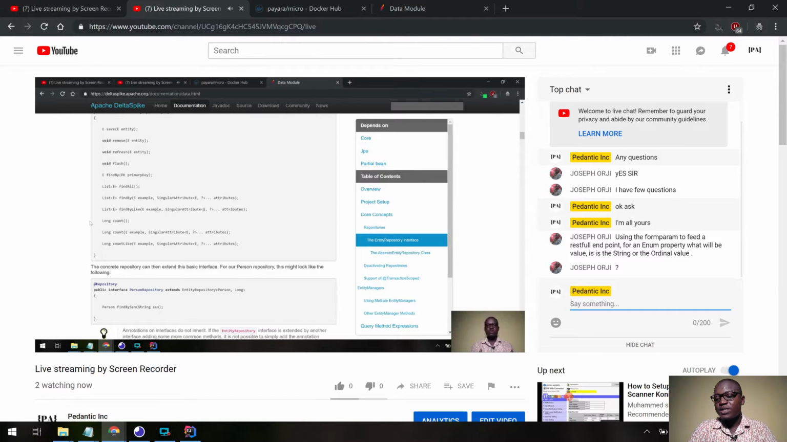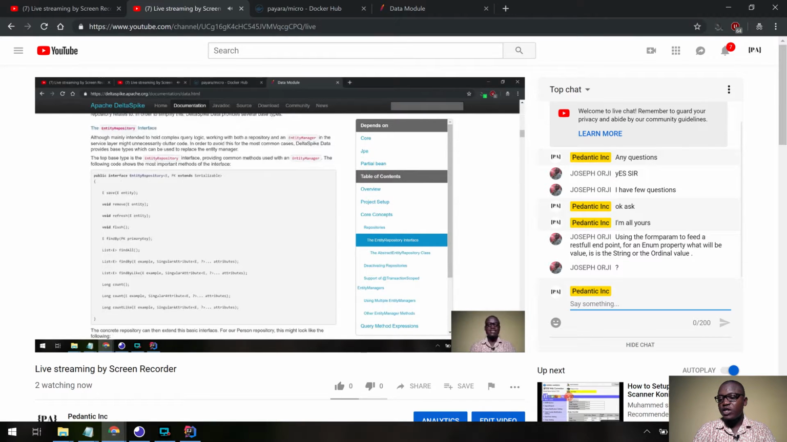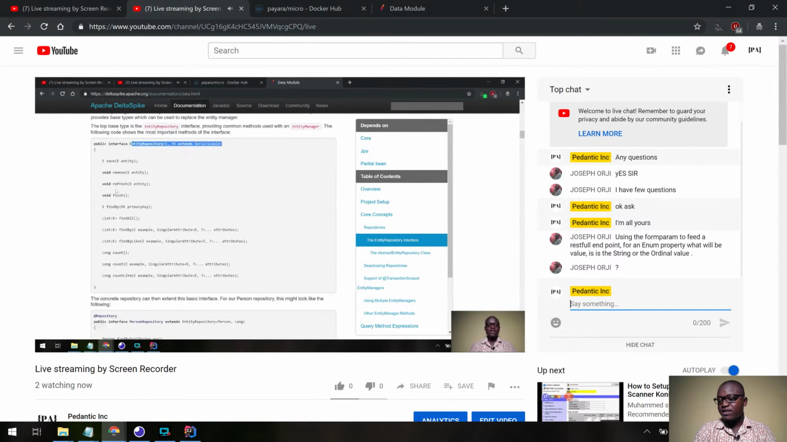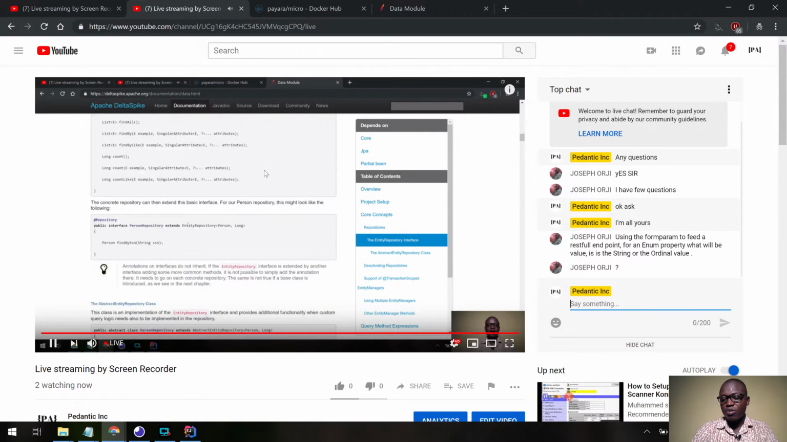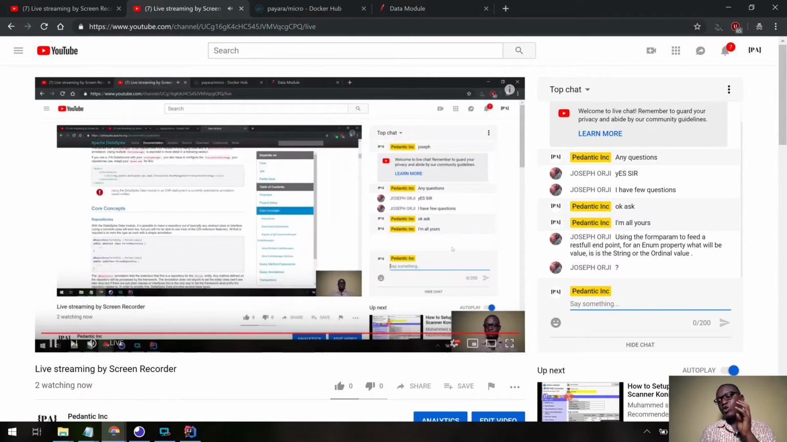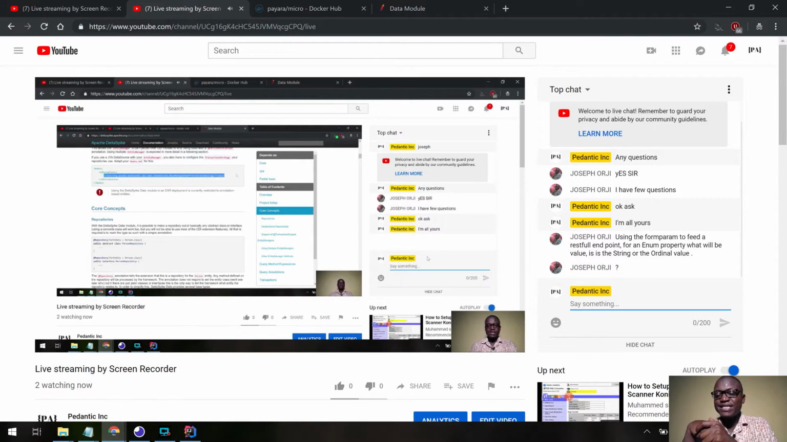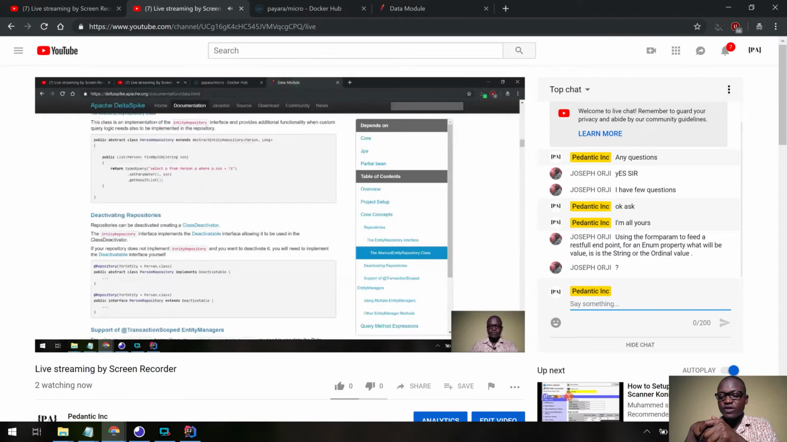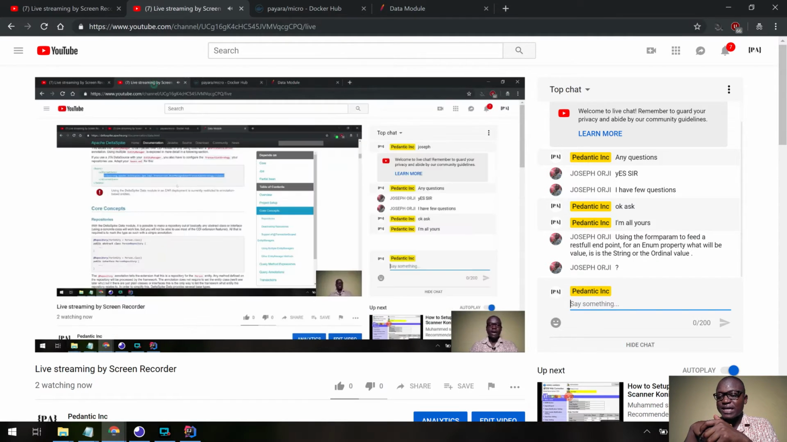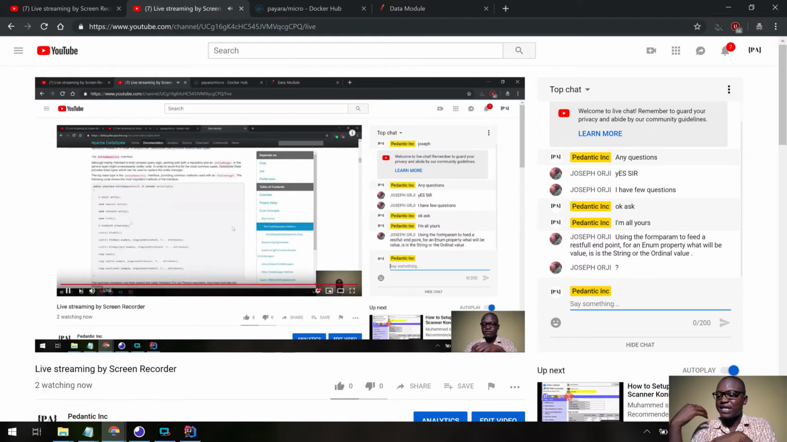Okay, so your question is using the form param to feed a RESTful endpoint for an enum property. What will be the value? Is it the string or the ordinal value? Personally, I try to avoid enum as much as possible. I find enums to be quite problematic, so I like to avoid them. But if you have to use enums, then you would want to make your life easy. I prefer using the string version of enums. So the form should send a string, and then you can grab that string and then use it in the